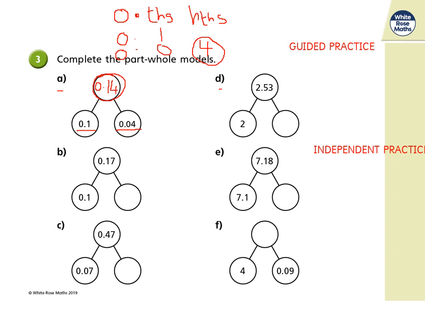Now we're going to look at D. Now this is different because you have the whole and you have a part. So we have to work out the other part that is missing in this circle here. Now before we had to work out what the whole was. But what is the same about these is that it's the same representation being used, and we are still working with ones, tenths and hundredths. So you can see, again, if I was to use my ones and my tenths,